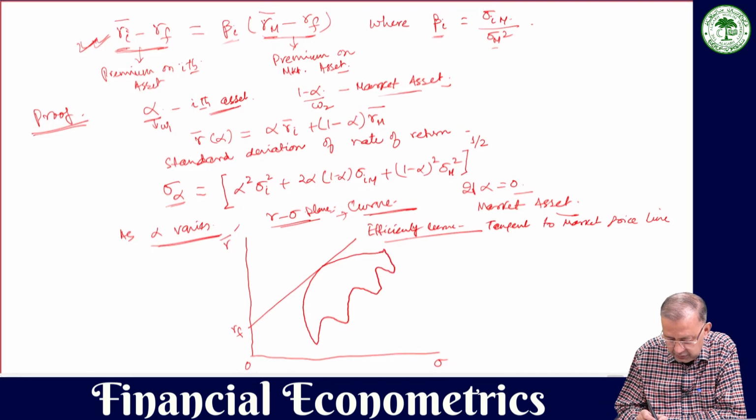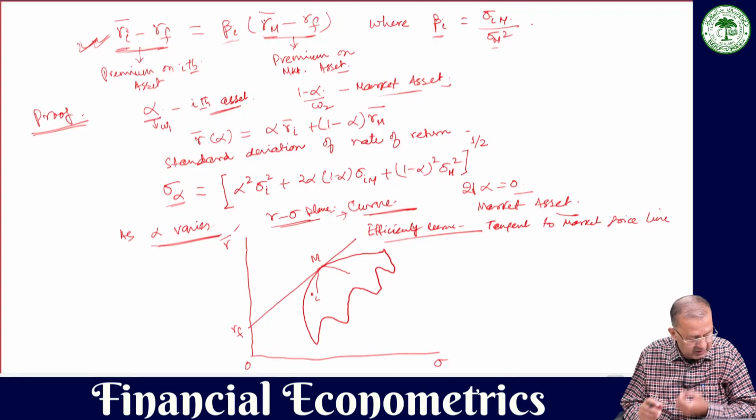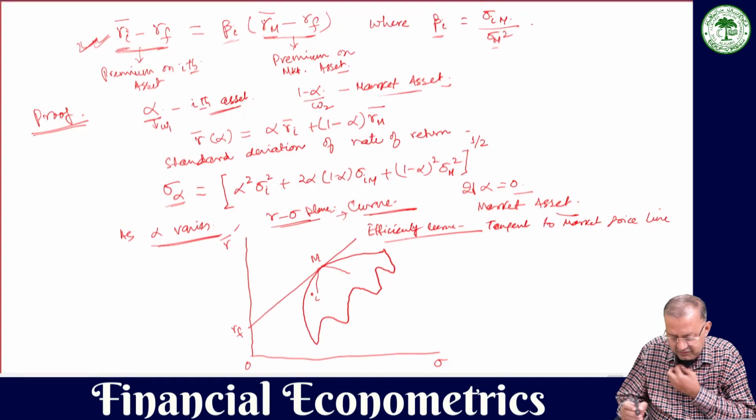Like this. So what is this? This is the investment in the ith asset. This is the market asset. Clear? So the tangency required, the slope of the curve is